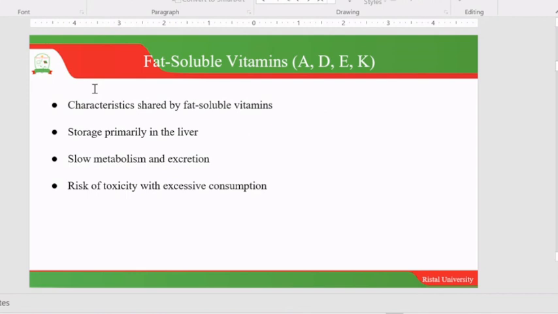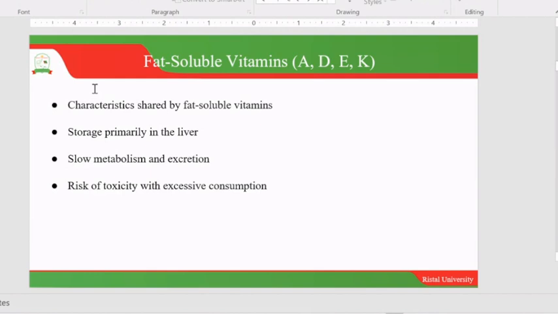So now when we talk about the characteristics of the fat soluble vitamins, what do they share? The ADEK vitamins, what do they share? We are talking of them being stored primarily in the liver, and we are talking about their slow metabolism and slow excretion. Unlike the water soluble vitamins, these ones are in the fat, in the oil, and so on. And also their storage capacity being in the liver means that you don't need to frequently consume these